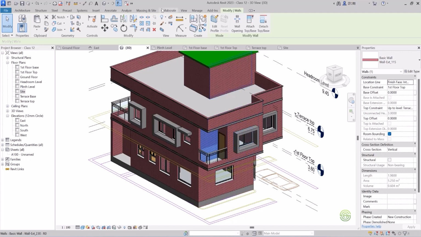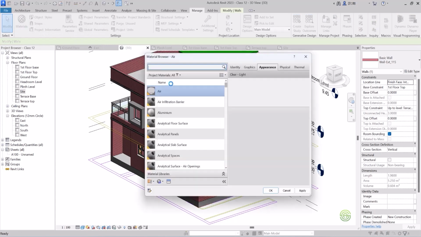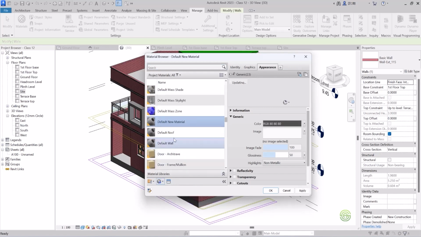So for that we have to go to manage. In manage, first thing that we will see is materials. So click on materials. When you click on materials, first you have to create a new material. Just click here, create new material, and then rename it. Just give a right click and rename this. Just name it like wall paint